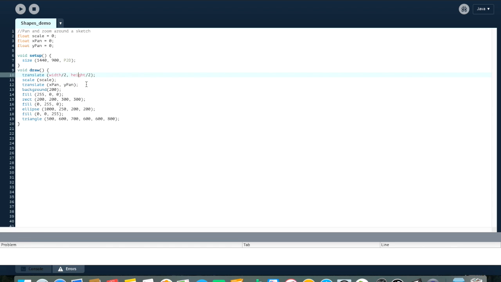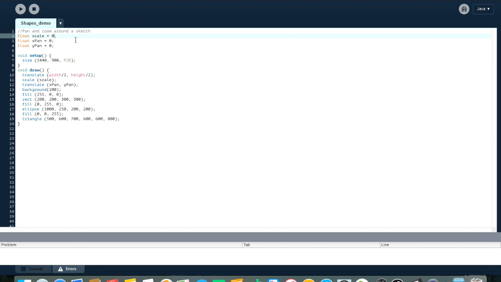And that's pretty simple. That's all there is to it, really. Soon we're going to implement some controls. So if we run the sketch, what I've done is, scale actually needs to be 1 because that's the default zoom level. A scale of 0 would technically be infinitely zoomed out. So if we set the scale to 1,